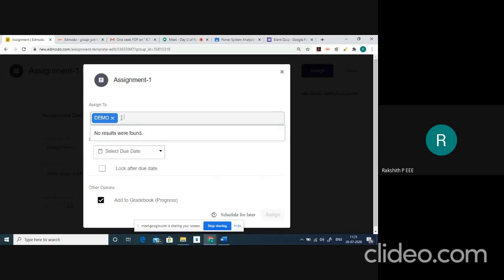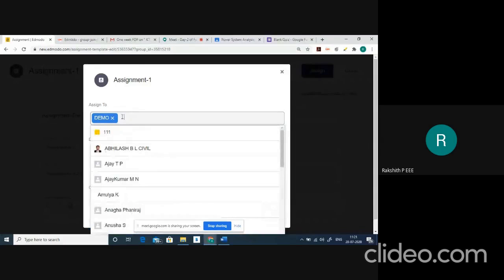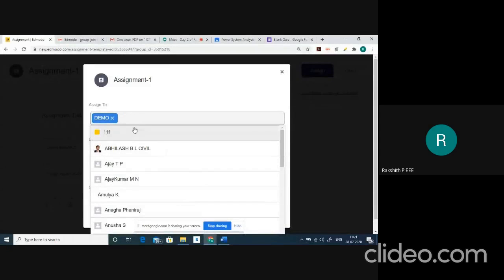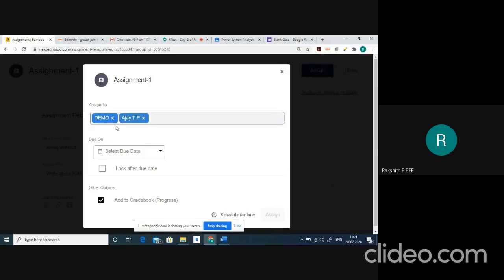Is it for demo? Or if you have already added students, it will ask to whom you need to assign. Say for example, if you want to give this particular assignment only to few students, not for the entire class, then I'm going to deselect this and I'm going to select only those students.